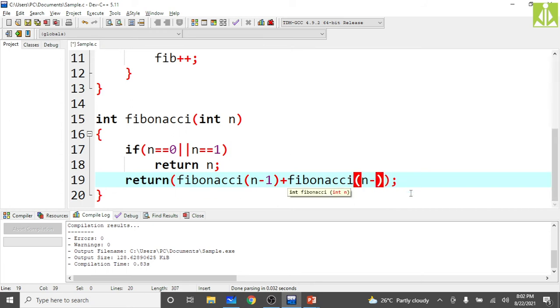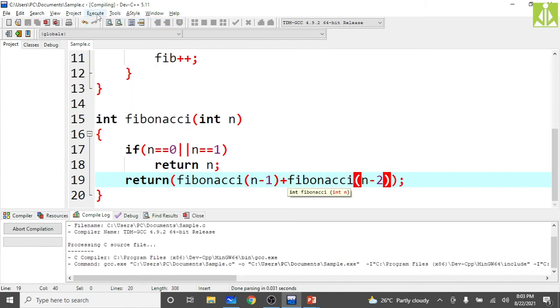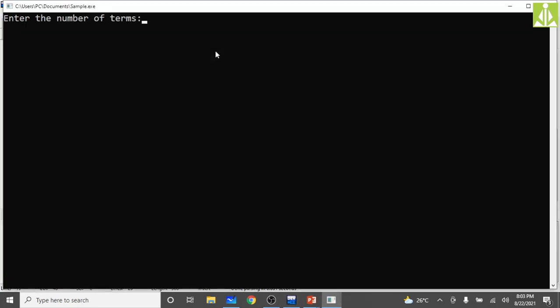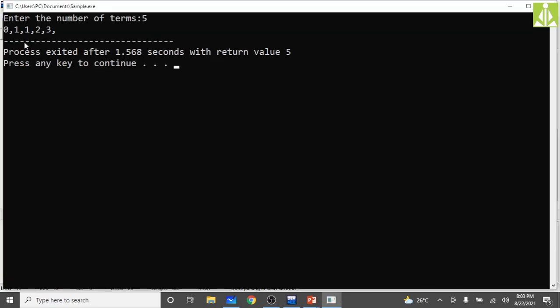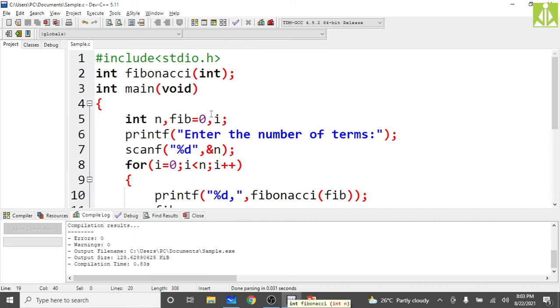This you make it as Fibonacci of n minus 2. So now compile. Okay, now you run. So make the first 5 terms. Now you are getting the perfect result, 0 1 1 2 3. So this is how you can print the Fibonacci series on the output screen in both the approaches, using recursion and using iteration.